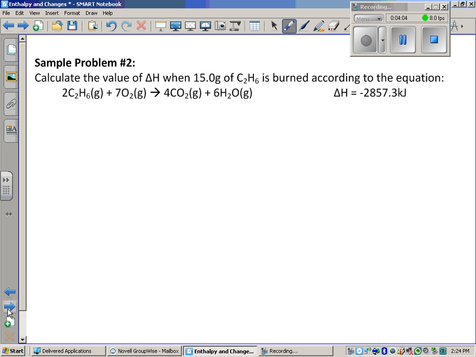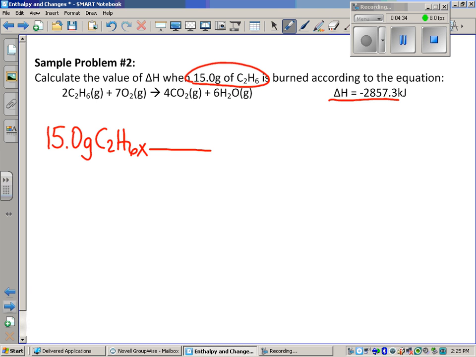Okay, so let's try another one. So this one starts us off with 15 grams of C2H6. They give us the equation. So for every 2 moles, that reacts with 7 moles. It's going to make 4 moles of CO2 and 6 moles of H2O. And then notice it also gives off negative 2,857.3 kilojoules. So we're going to start with our given, which is 15.0 grams of